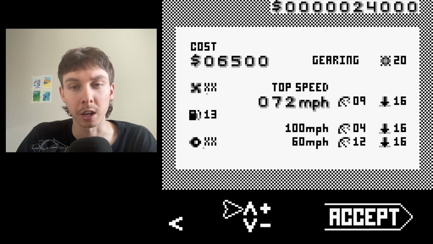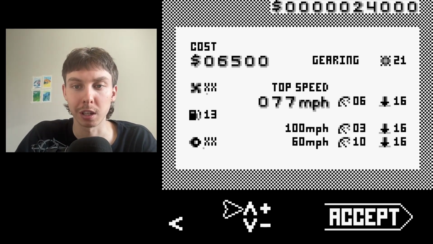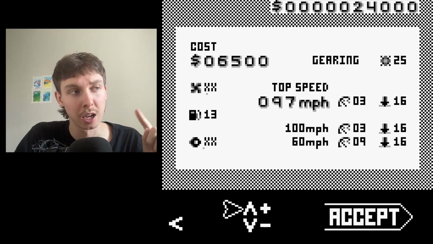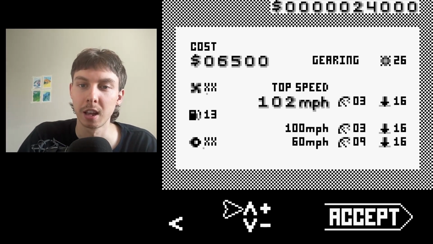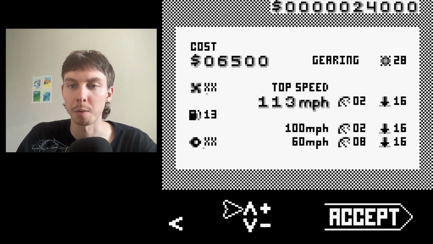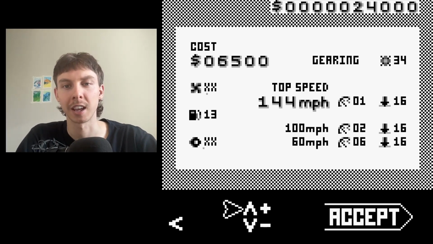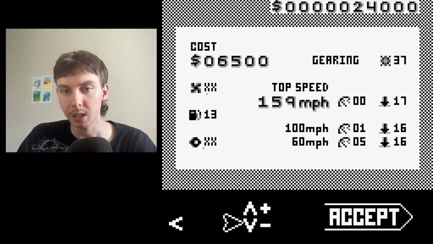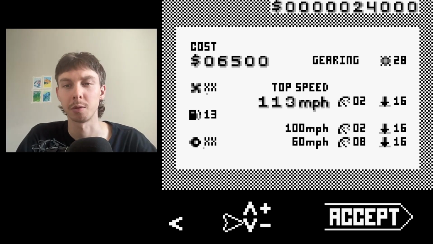And then gearing, and this is a very complicated screen, but it's actually very simple, because we just put this up until the acceleration, which is the speedometer symbol next to top speed, is going down as I go up. So when it's 0, that means you won't actually be getting any faster. A higher top speed is unnecessary. So if we put it down, we don't really want to be adding 1 every section. We're going to be adding,